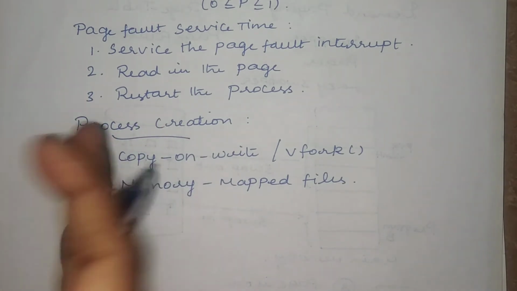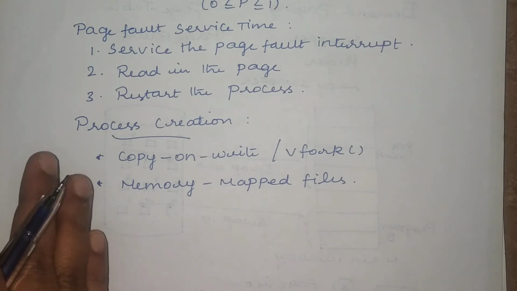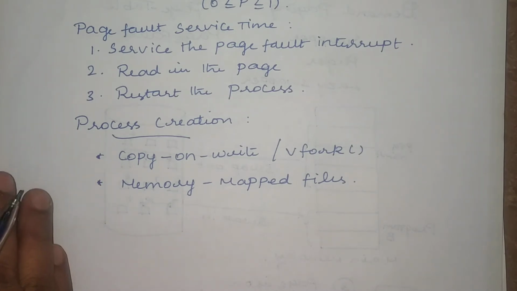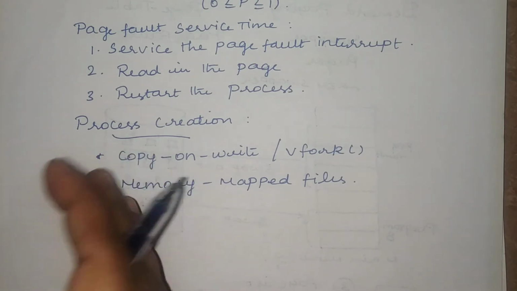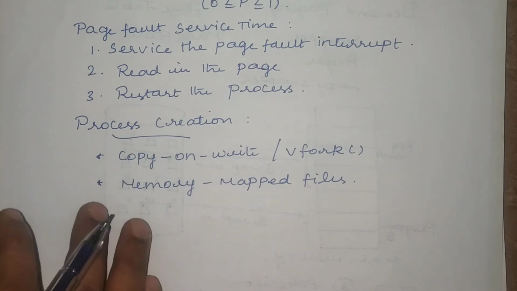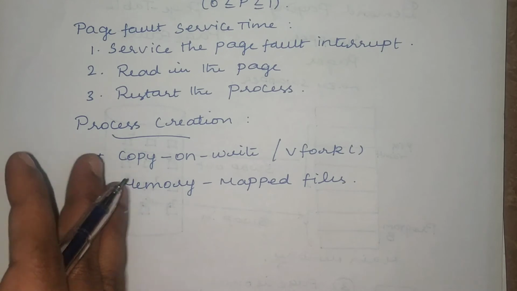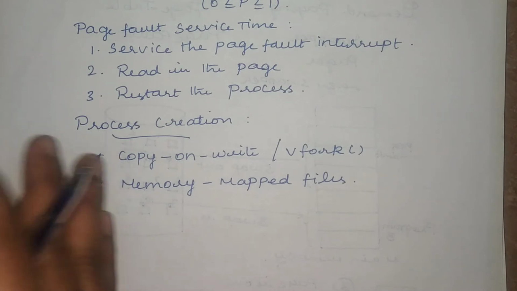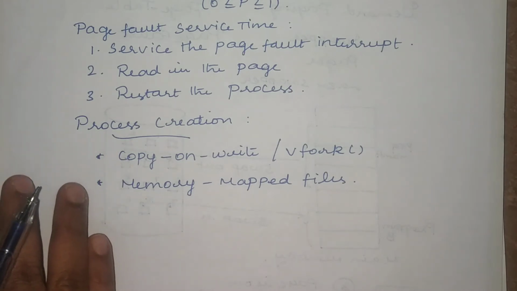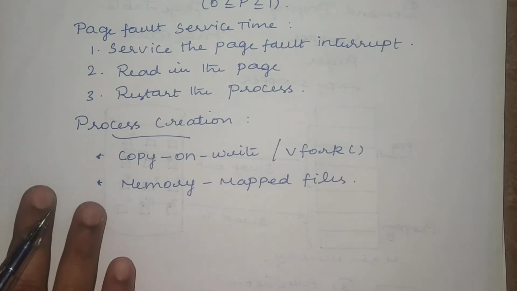Suppose the child process is executing currently, so it will suspend the parent process. Whenever the child process makes any modifications, those modifications will be visible to the parent process when it resumes. This is the parent and child relationship of the process in the virtual memory concept.